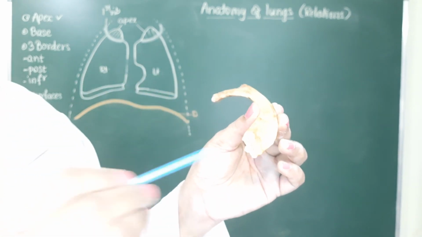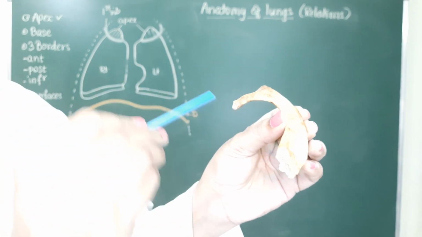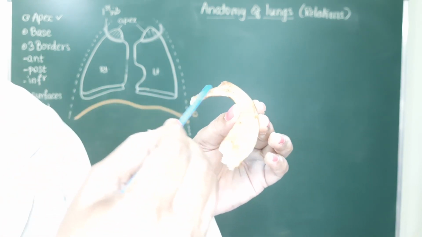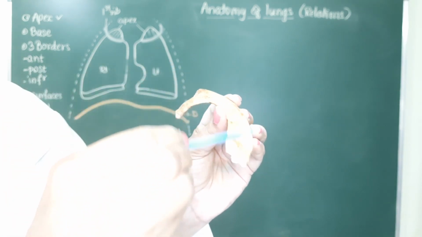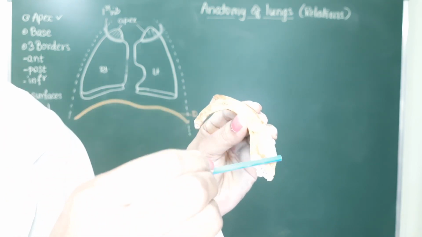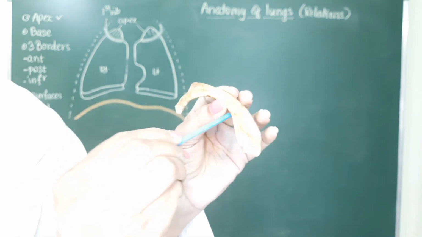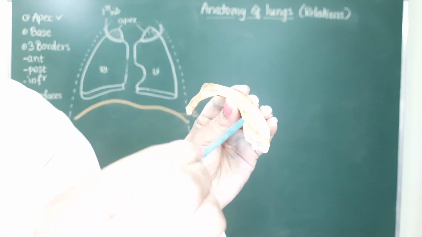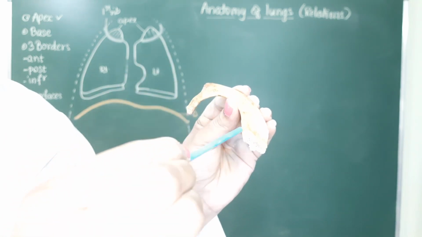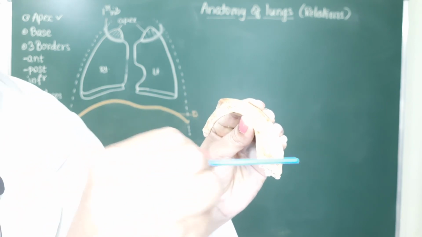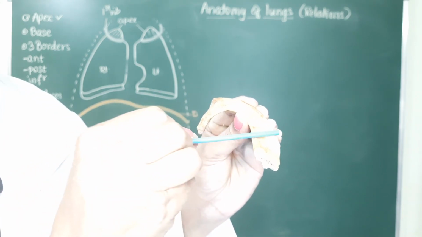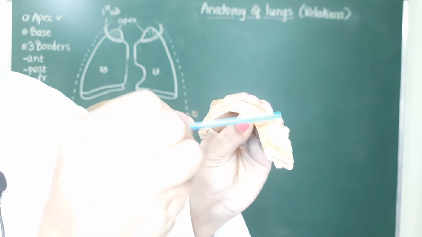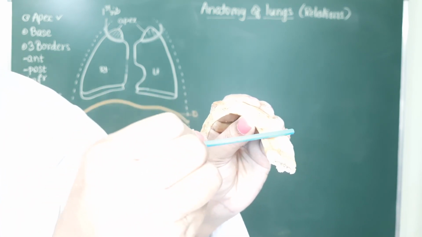We know this is the anterior end of the first rib, this is the posterior end of the first rib. It has head, neck, posterior tubercle, and this is the shaft. The shaft of the first rib is flat, so it has upper surface, lower surface, inner border and outer border. To the inner border you get attachment of Sibson's fascia or suprapleural membrane. Near the anterior end you can see there are two grooves. The anterior groove lodges the subclavian vein, then the posterior groove lodges the subclavian artery.